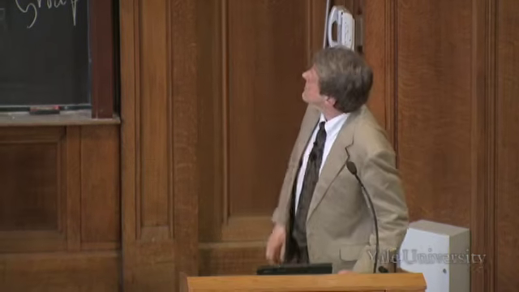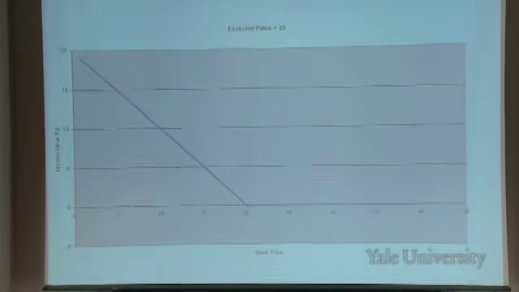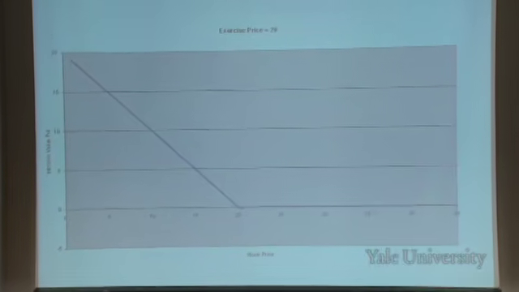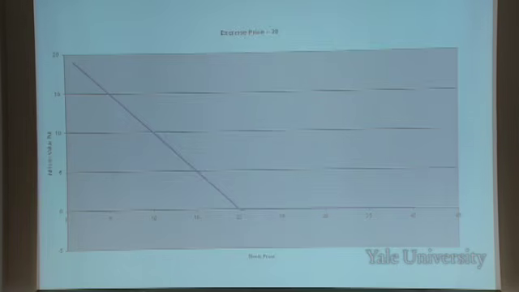I mean, this is a put option. This is intrinsic value for a put option because it's the opposite of a call. If the strike price is 20 and the stock price is selling for 15, then you can see that it's in the money. It's right, because you can make $5 by exercising. You have the right to sell it for 20, but you can buy it in the market for 15. So you buy it for 15 and sell it for 20, and you make $5. But on the other hand, up here, if the stock price is $30, you have the right to sell it for 20. Well, that's worth nothing, right? I can sell it for 30 in the market.